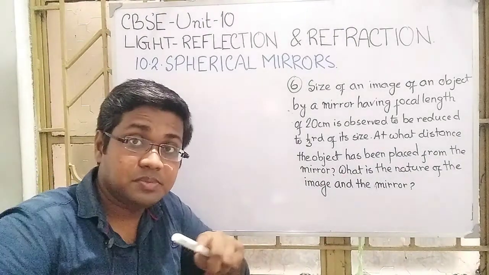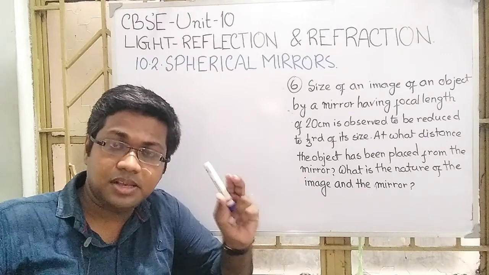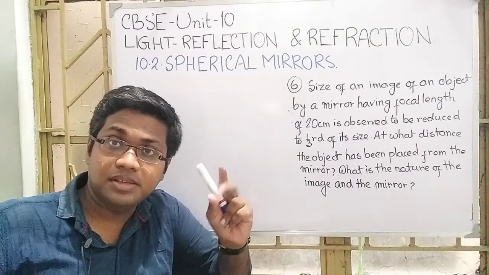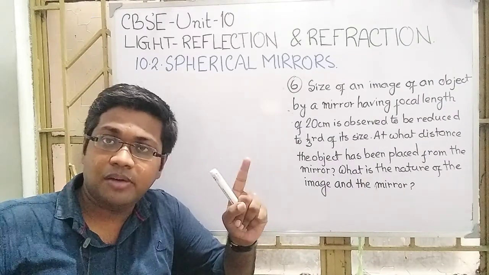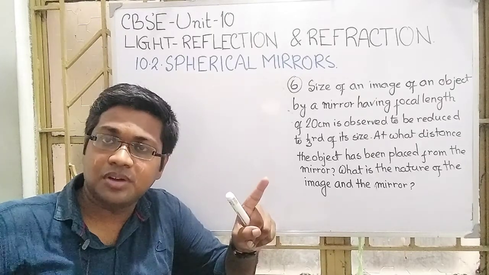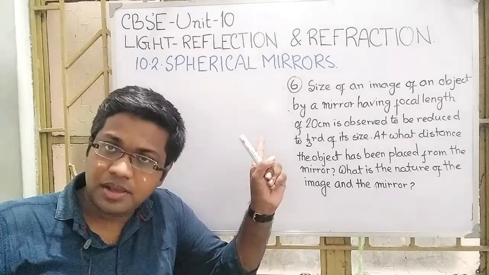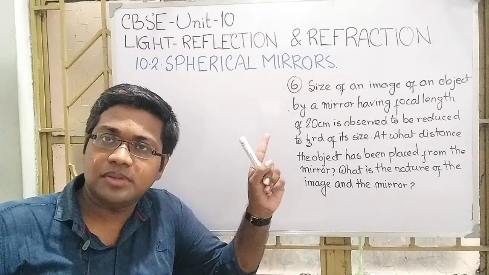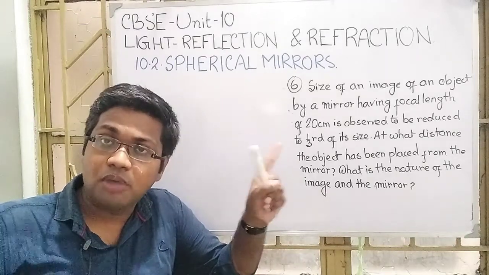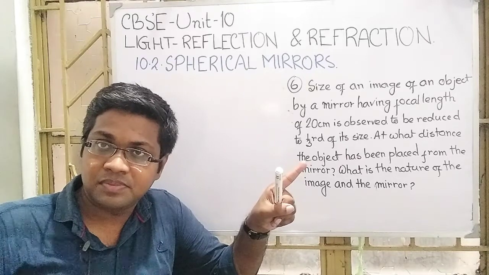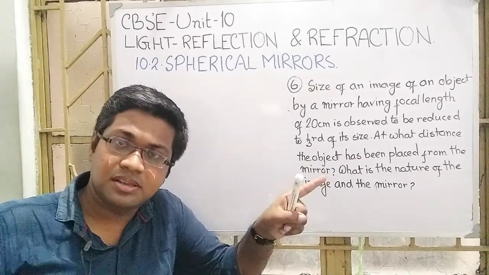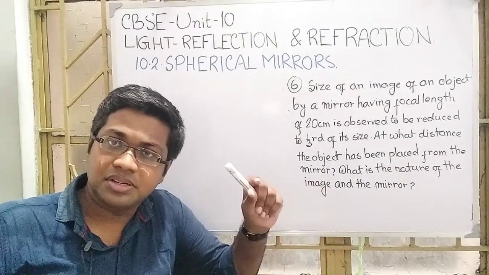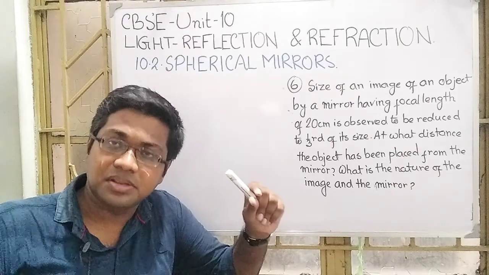I can take this possibility because it is just said that the image is 1/3 of the size of the object. It is not said whether the image is on the same side as the object or on the opposite side. Here what I have done is considered the image on the opposite side of the object. Now I consider image and object on the same side. Then in which case is the object greater in size than the image, or the image diminished?